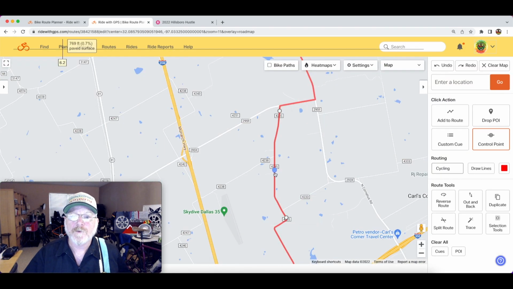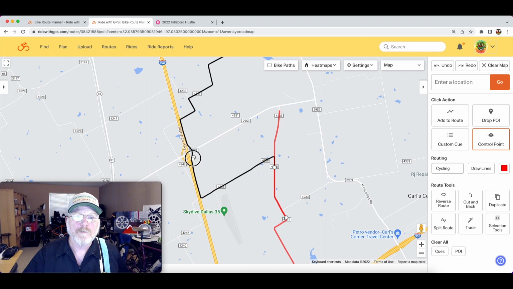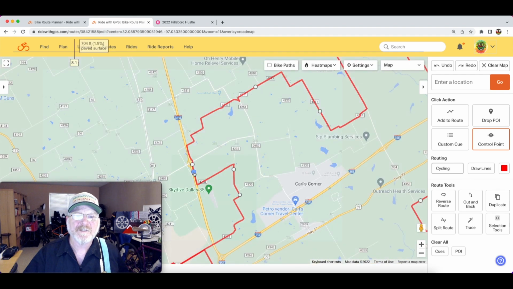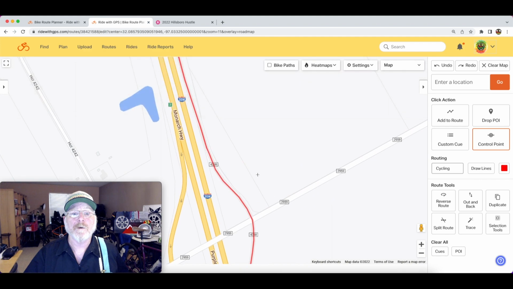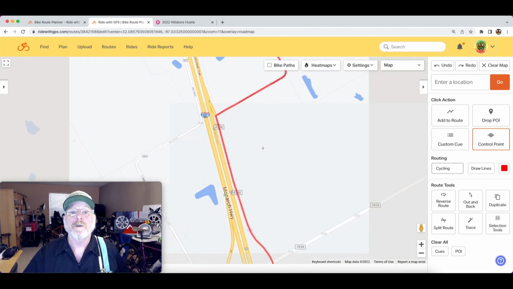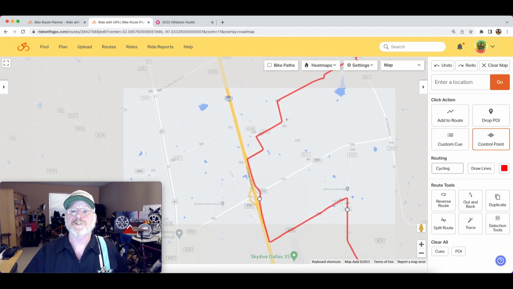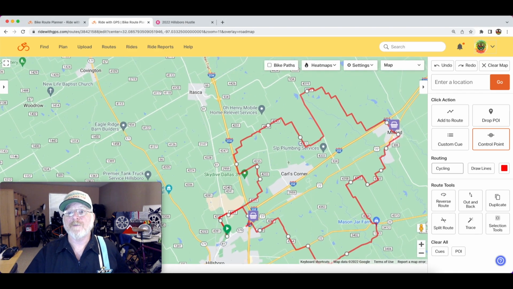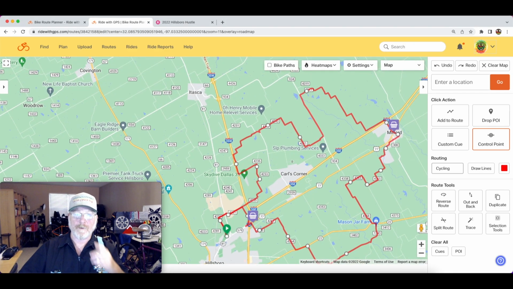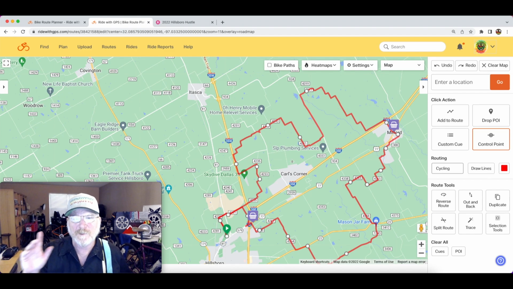So I want to put a new control point here so we make sure it goes to that. And we're going to drag this plot over to here. And so now it comes down this road, catches a little bit of the access road there. Actually, that's still county road there. It's all county road. And it catches our other neat little section on the north end. So technically speaking, there's our 55-ish mile route right there, just doing that, but not really, because like I said,